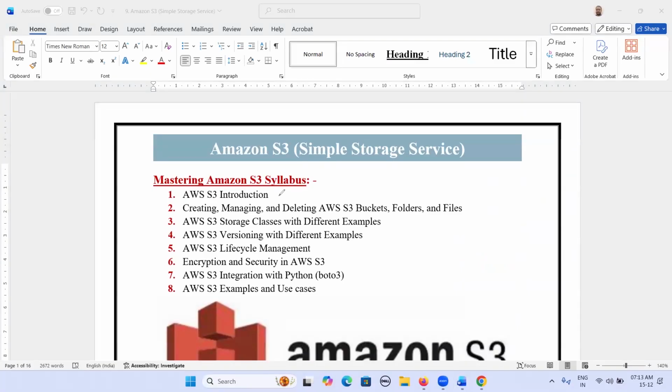First, we are going to understand the Amazon S3 introduction: what is Amazon S3, features of Amazon S3, why Amazon S3, advantages of Amazon S3, and what are the prerequisites for Amazon S3. Then once we understand the Amazon S3 introduction, we are going to start discussing